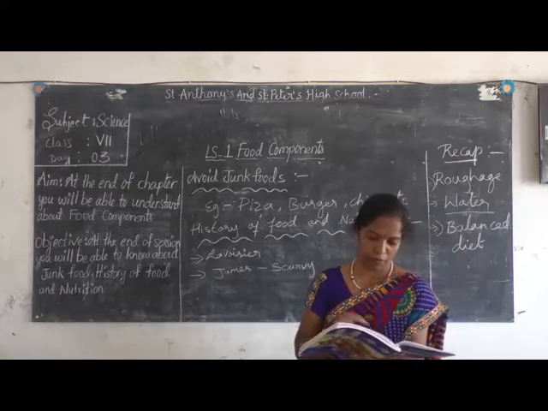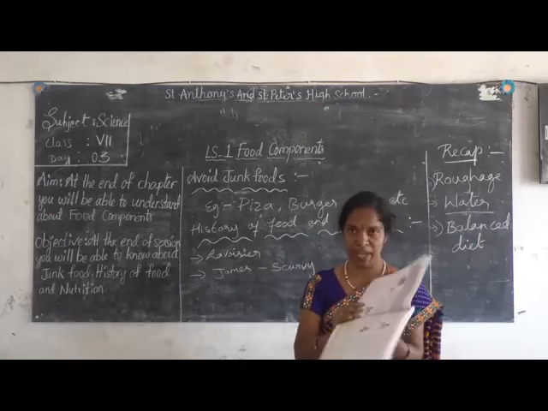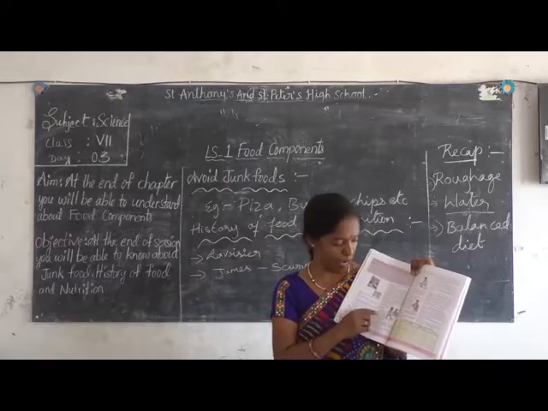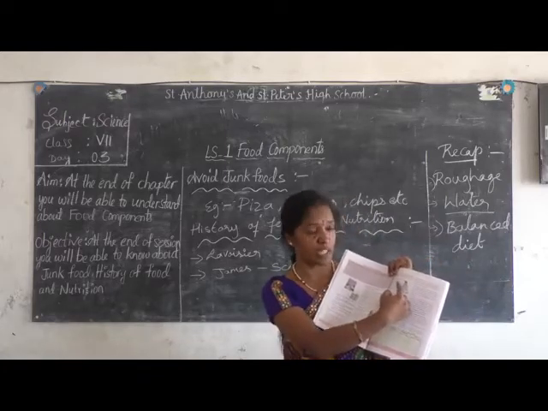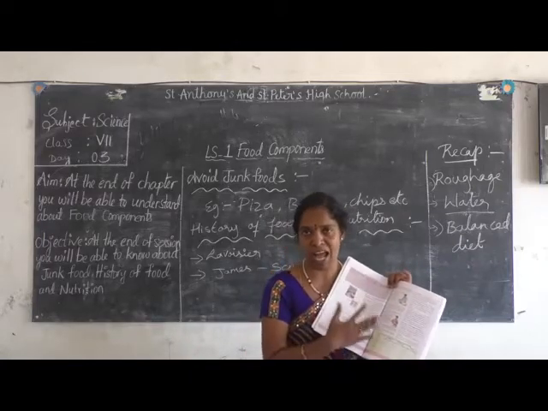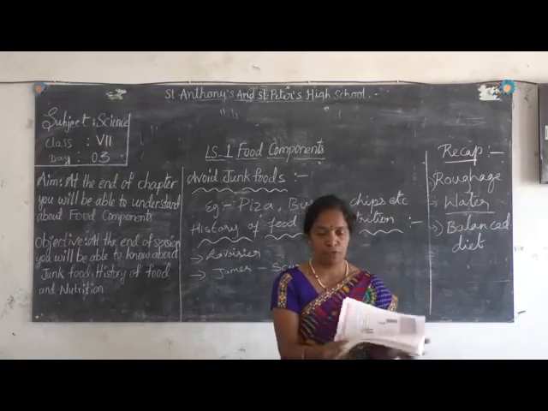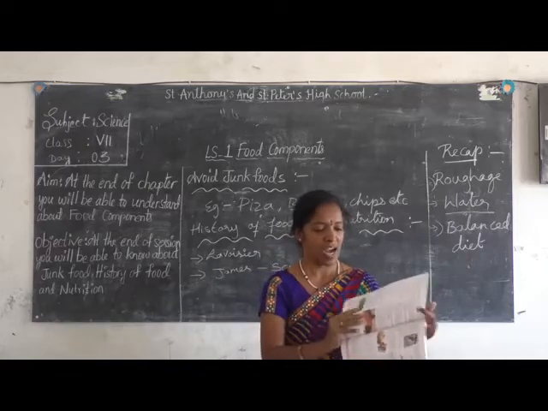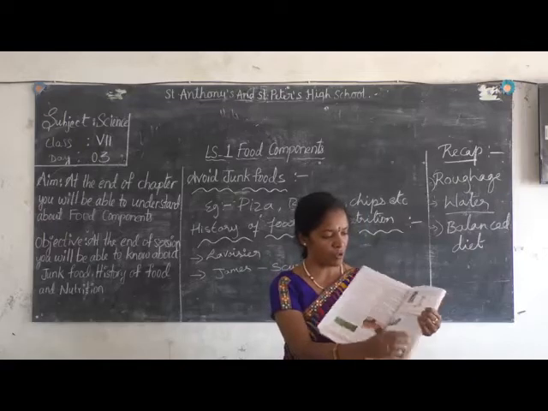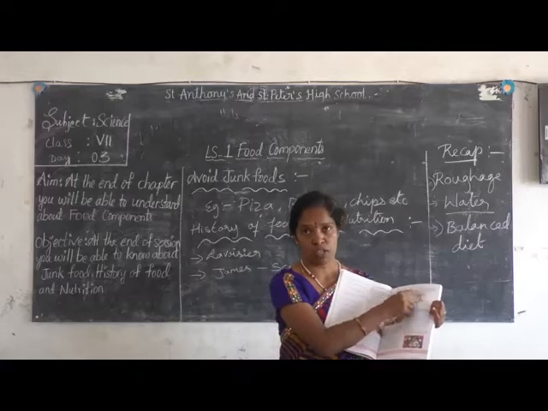You have to take the textbook, open the textbook, take page numbers 2 and 3, and write in your own words about the starch test, the fat test and the protein test. You have to write in your own words in the classwork. Start writing the starch test, protein test and fat test in your own words, and write a short note on roughage with examples. Next, you have to write this experiment, the water experiment, page number 5. Write on the water experiment.